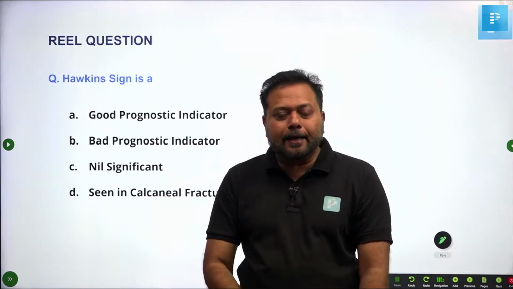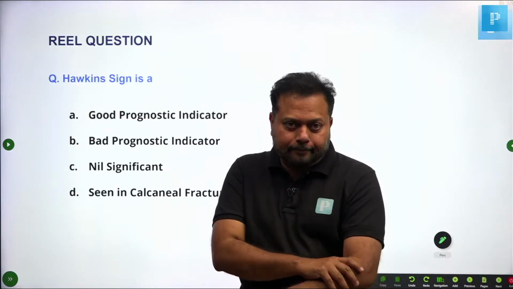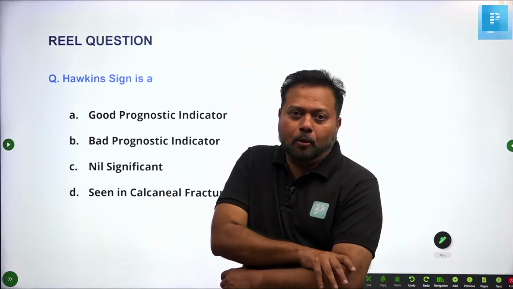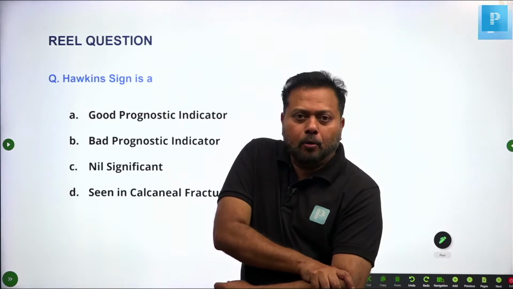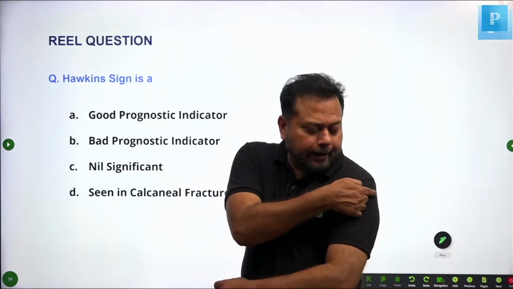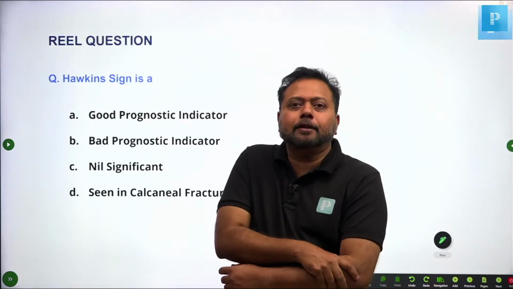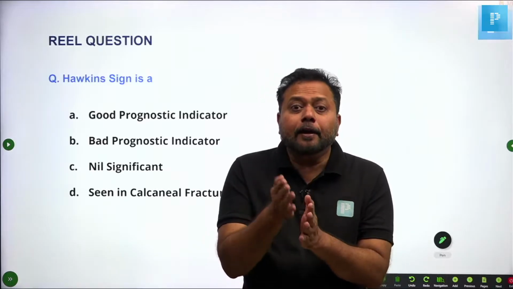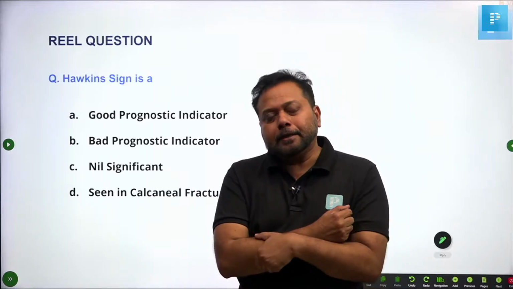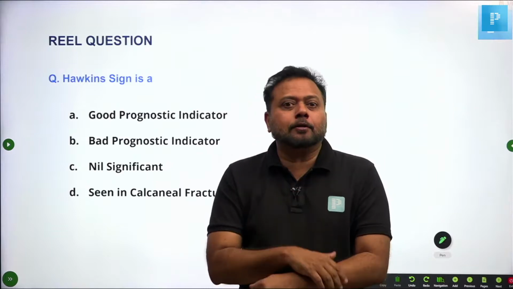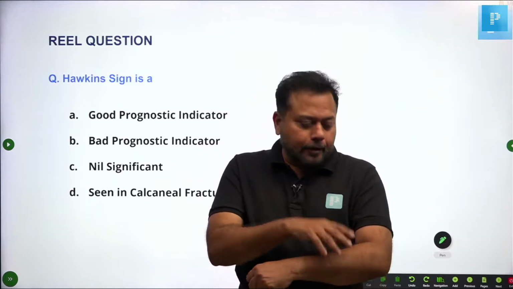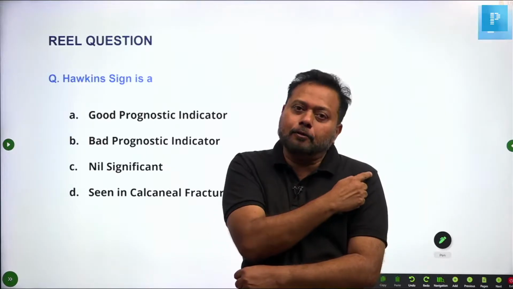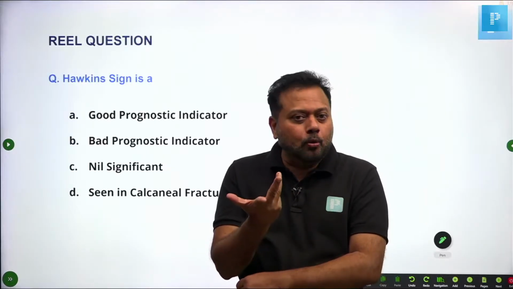In sulcus sign, normally you won't see anything. You should make the patient flex the elbow, pull the elbow down, give traction. Here a sulcus will be formed. When you relieve the traction, that will go. That is called sulcus sign. Sulcus sign is a sign of recurrent shoulder dislocation. Step off sign, whether you pull or not, if it goes to type 3 acromioclavicular joint injury, it will show you.